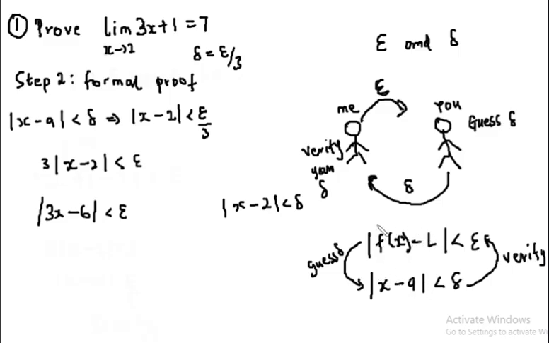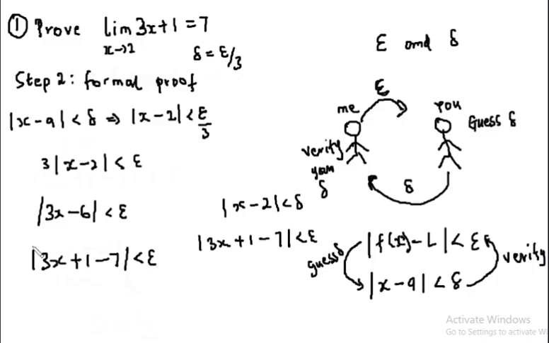So if you look at this term closely, you have absolute value of 3x plus 1 minus 7 is less than epsilon. Okay, so we are looking to make this one look like this one. Because we are looking to make this one look like this one, you can rewrite minus 6. So minus 6 can also be absolute value of 3x plus 1 minus 7